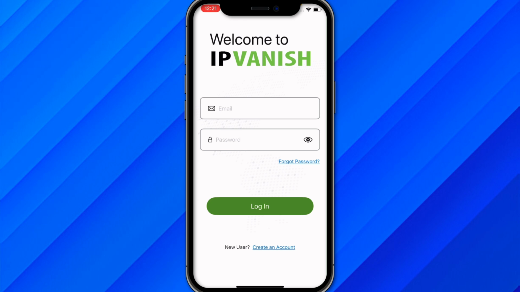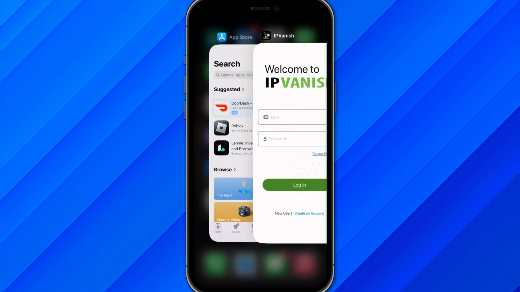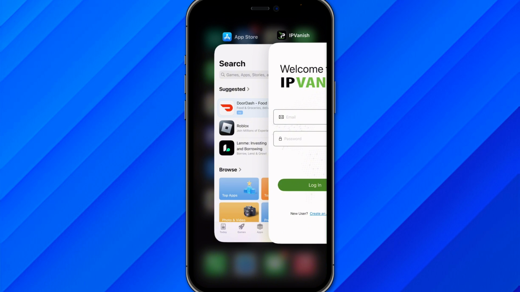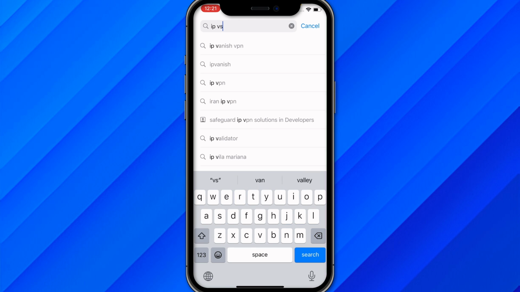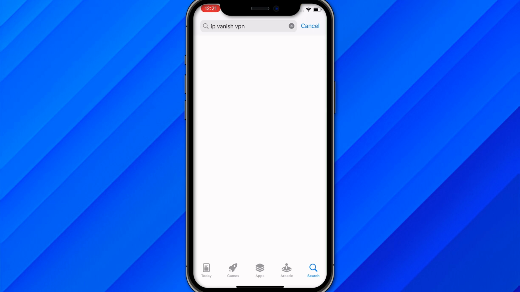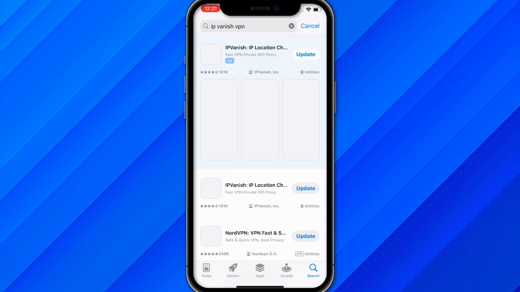Hi guys, in this video I'll show you how to log in to IPVanish VPN. As you can see, I am on the official app of IPVanish, and if you have not downloaded the app, just go to the App Store and search here for IPVanish. Once you search, as you can see, this is on the top of the list and it